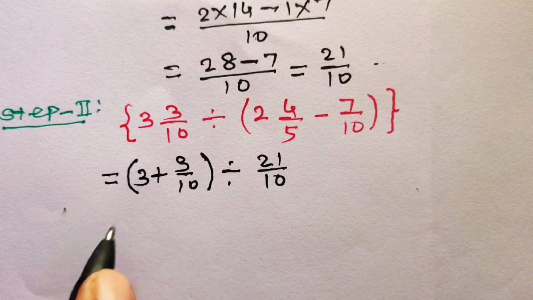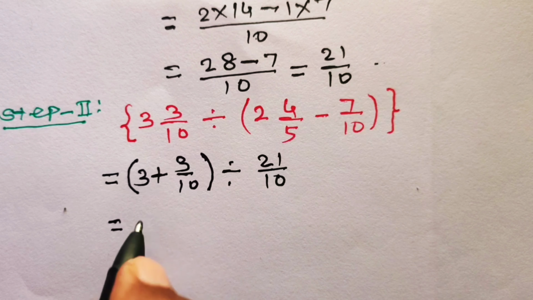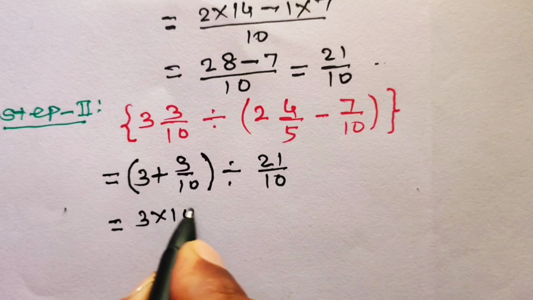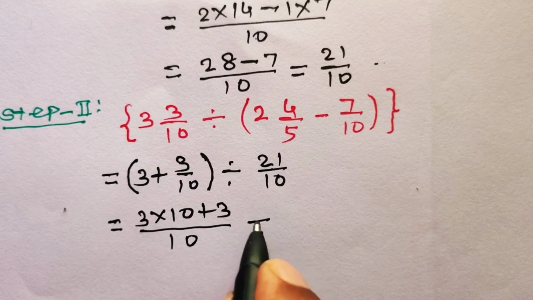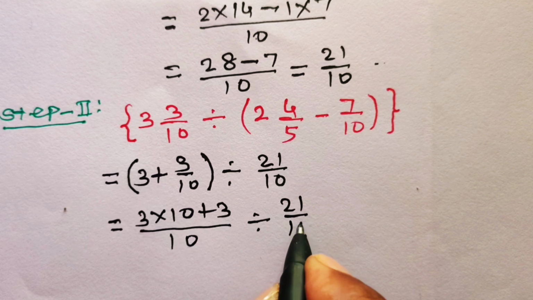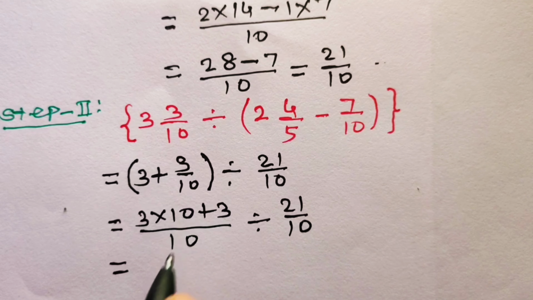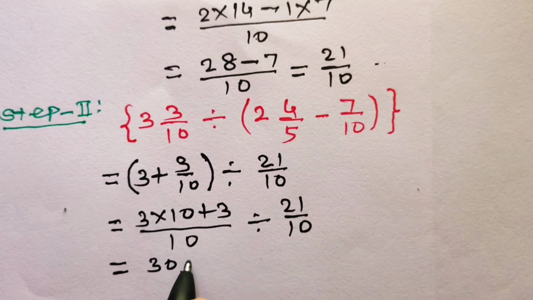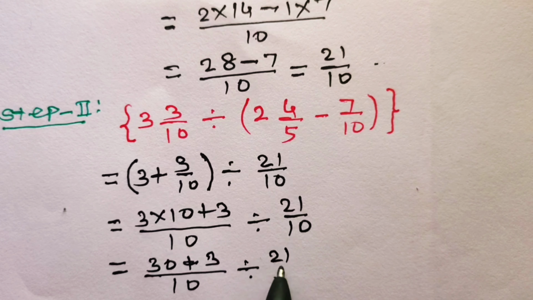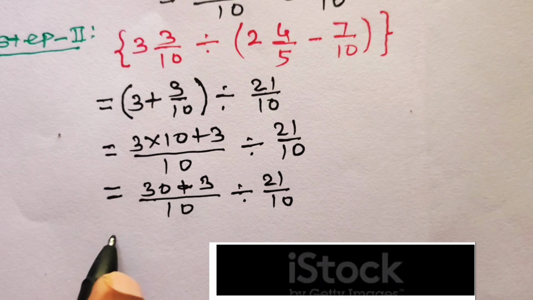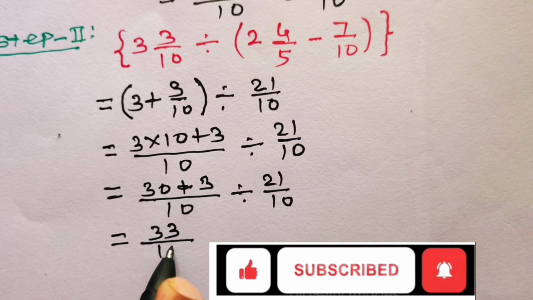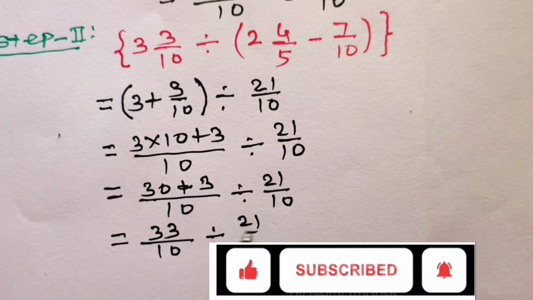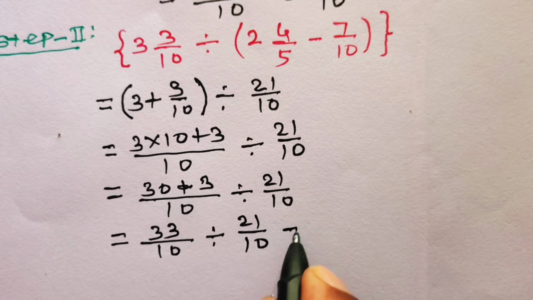Get the value of this bracket. This is equal to 3 into 10 plus 3 over 10 divided by 21 over 10. This is equal to 3 into 10, 30, plus 3 over 10 divided by 21 over 10. So this is equal to 30 plus 3, 33 over 10 divided by 21 over 10, which is equal to